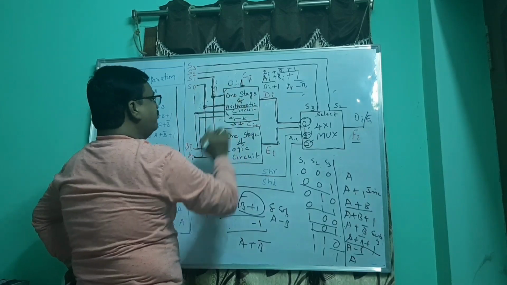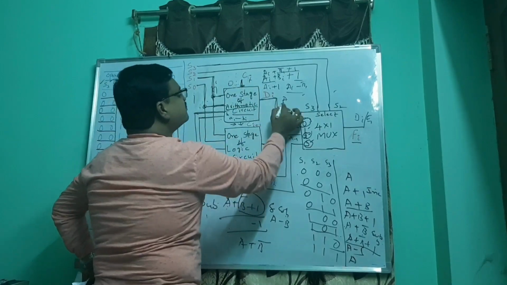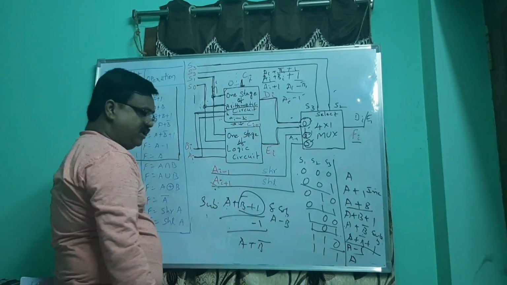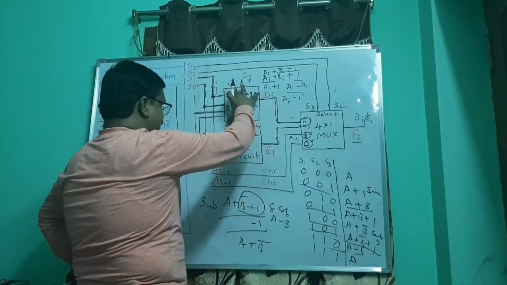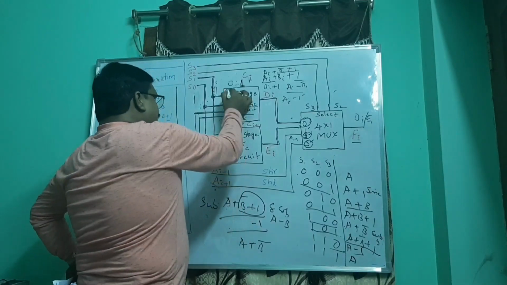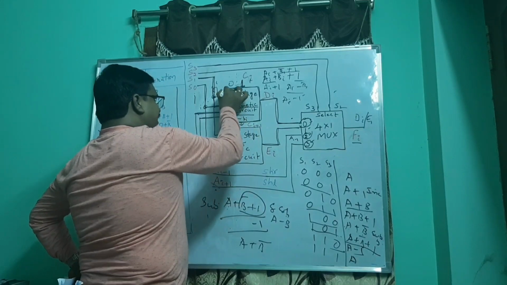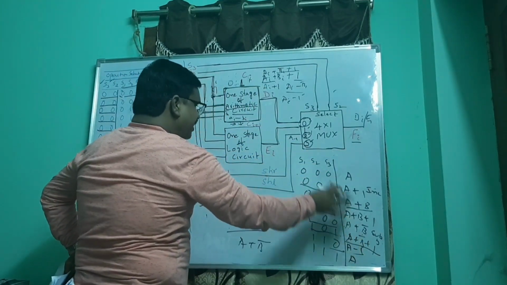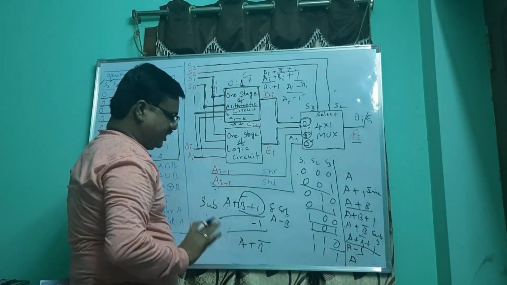So here A_i will be considered and the value, as already given, A_i minus 1. So the decrement operation will be performed. Inside, any of these 8 operations will be performed only for 1 bit. That's why this box contains the arithmetic operations, any of these arithmetic operations based on these 3 values S0, S1 and C_i values.